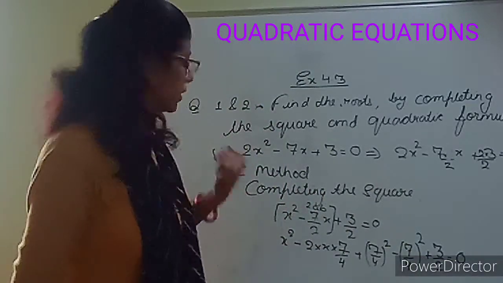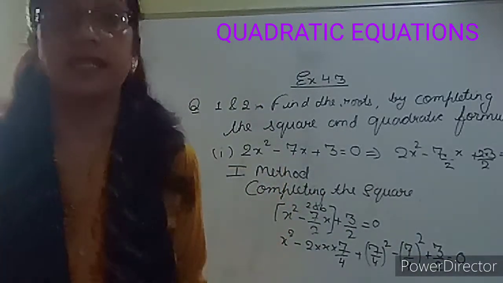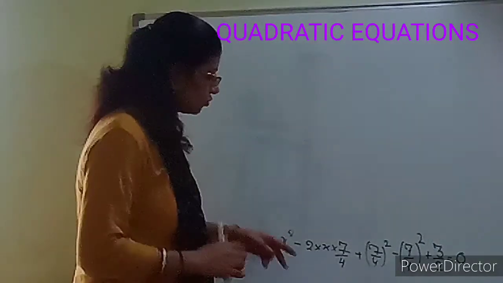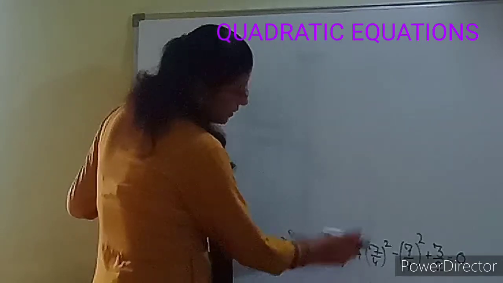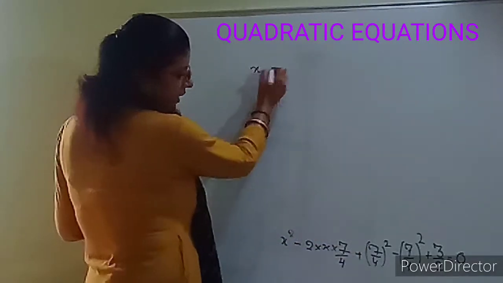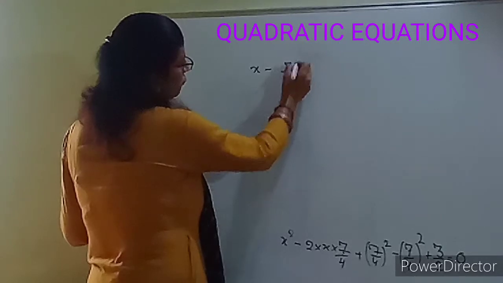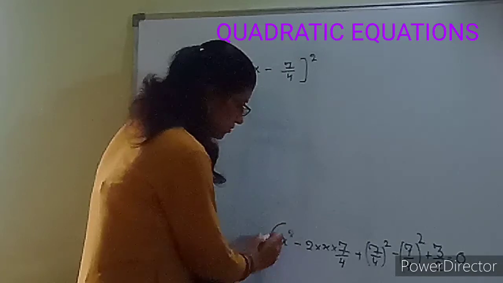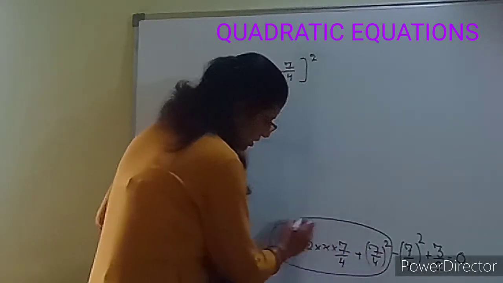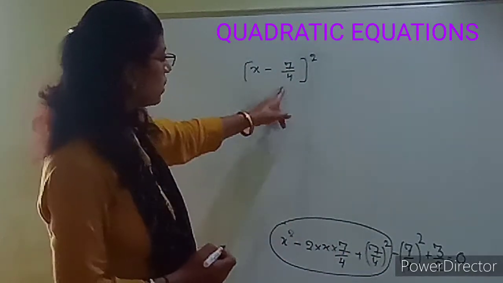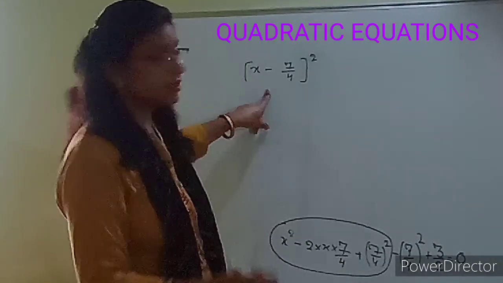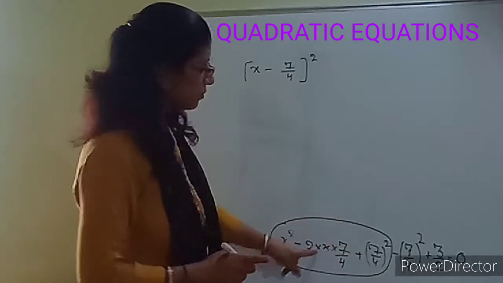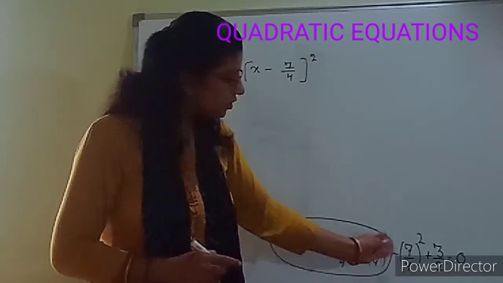Now we are proceeding to the next step. Let us start the next step now. So we had till here. Now we have to solve this a minus b whole square. So we will write x minus in the place of b 7 upon 4 whole square. So how much we have just done? A square minus 2ab plus b square. This much we have taken as a square. This is called the completing the square method. A minus b whole square. A square plus b square minus 2ab. Now what is left? Whatever is left, you send it that side.